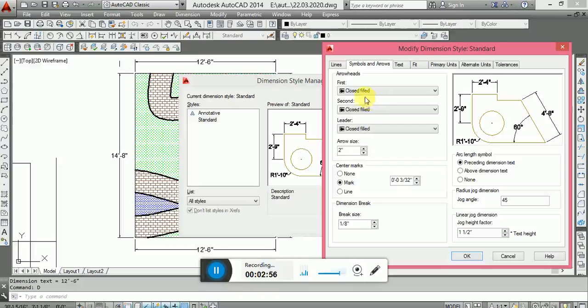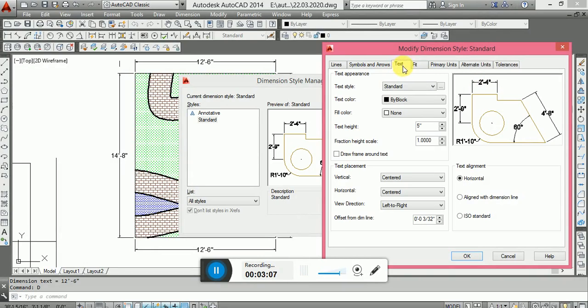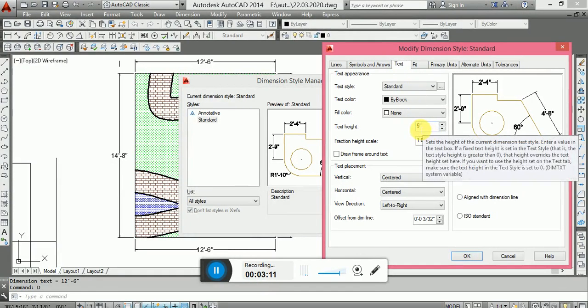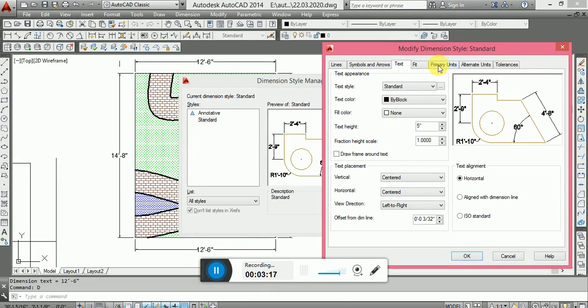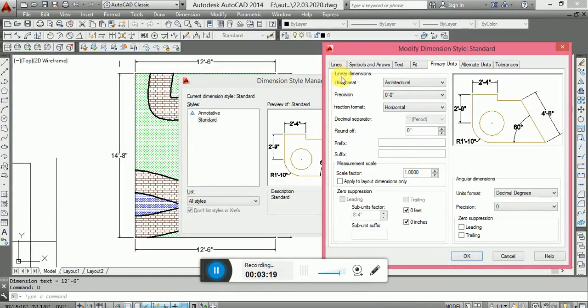And in symbols and arrows, make the arrow size bigger to see the arrow clearly. I have made it 2. And change the text height. Going to the text section, change the text height to 5 inch or bigger to see it clearly. And also in the primary units, the unit format will be decimal. Make it architectural. Select architectural,